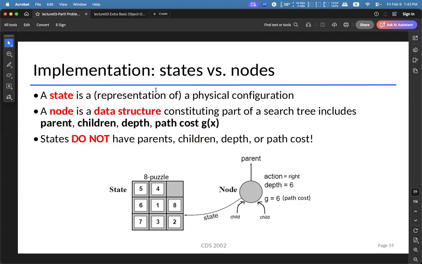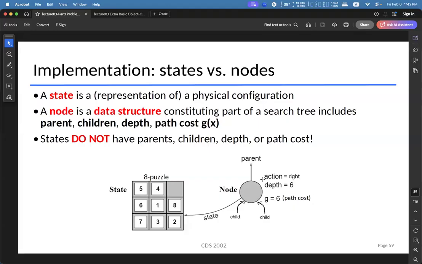The reason why we want to store the action that led to the agent moving to this state is that at the end of the problem solving process, we don't just want to have the sequence of states. We also want the sequence of actions that led to that sequence of states.